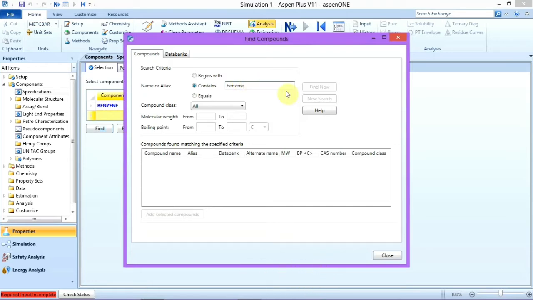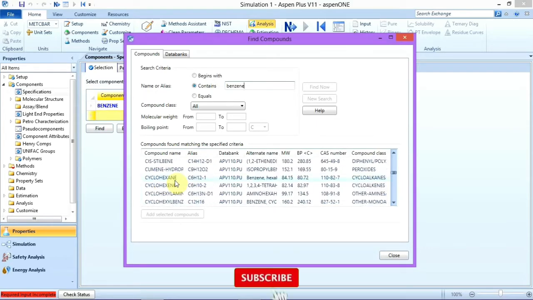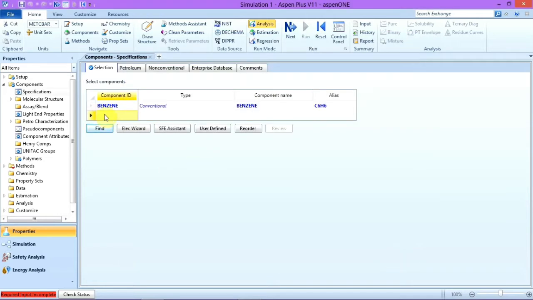When you search and enter, it will search for benzene and show the results here. There are many results, so from here you can search for benzene. This is the benzene and you can directly click Add Selected Component and add it. But here we will try to add it directly.